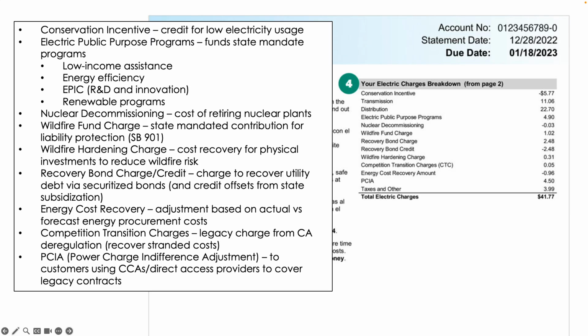I think the real argument is, they made bad hedges. Why do we have to pay for that? I don't know the answer to that. Yeah. So there isn't really an incentive to change the utility, because at the end of the day you would get a PCIA charge anyway. Yes, except that